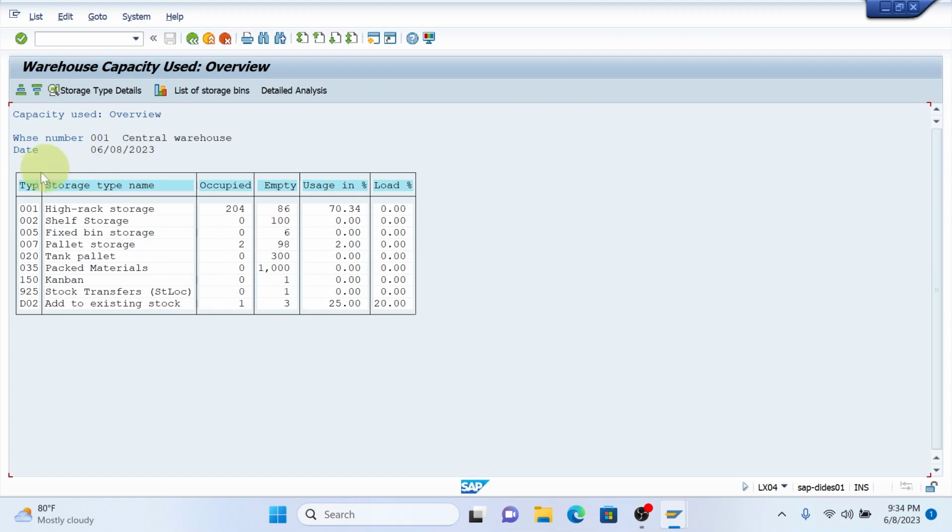So if you see here, it breaks down all of your storage types within your warehouse, and it simply shows the description and then occupied versus empty. That percentage is calculated right here next to it in the usage. So that's really how I would utilize it in a high capacity situation. It shows, oh, okay, I have 70% utilized. I have some breathing room in this storage type. And as you know, storage types have many different storage bins